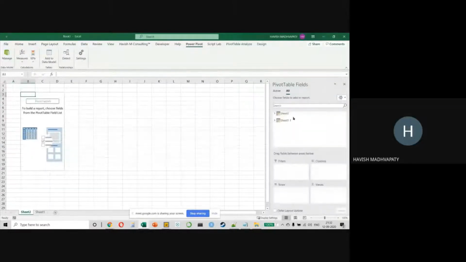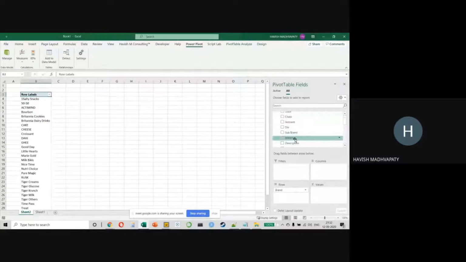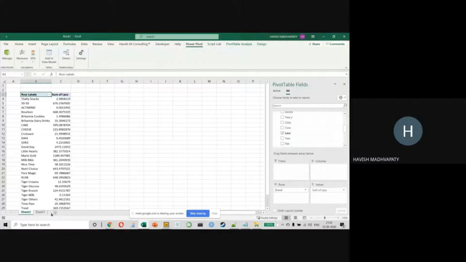Do you see this? This orange symbol is the fact that it's an external data set. This is my sales data. And in this one, you notice this is brand and sub-brand. And here's the best part. From one Excel, I can select the brand. From the other Excel, I can select my sales, which is lakhs, and the result will come. Despite the fact that no place have I actually done a VLOOKUP and combined all the data sets. It's actually reading the data and combining it real time from different Excel files.